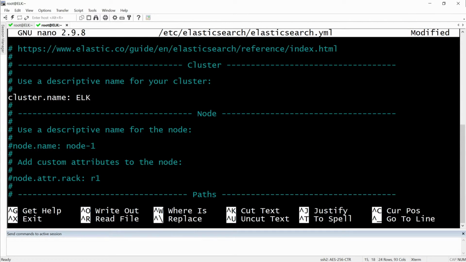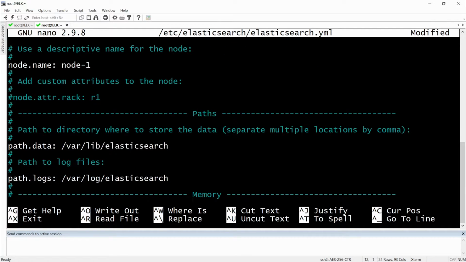Then we are going to set the name of the node. Okay, let's do node-1. We don't really need to change anything. Okay, right now we have the paths for the data and for the logs. To be honest with you, I don't want to change anything right now for this demo environment, but if you're in a production environment, you should change these destinations to another one,